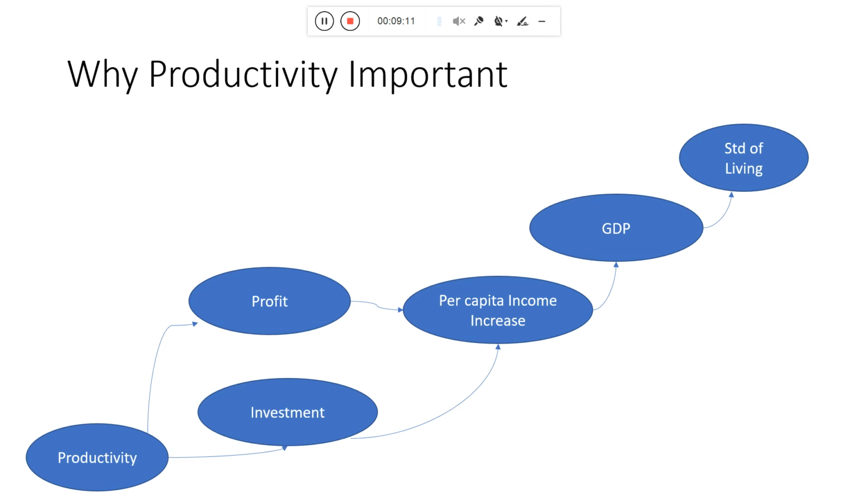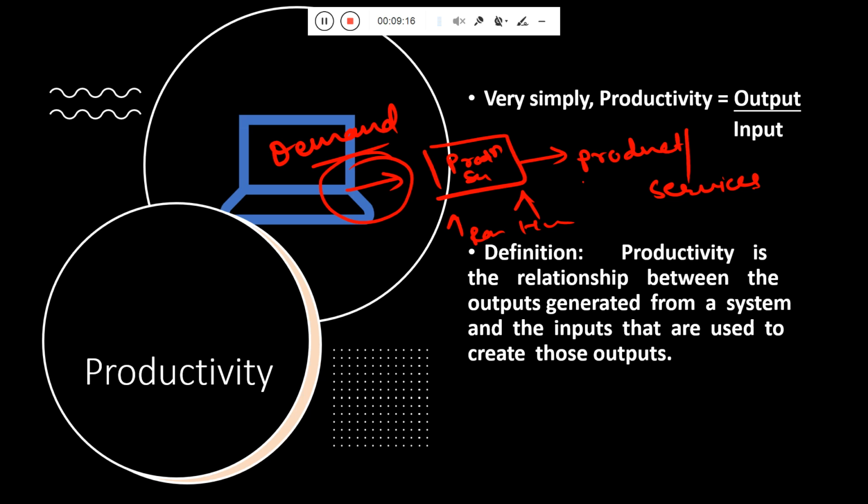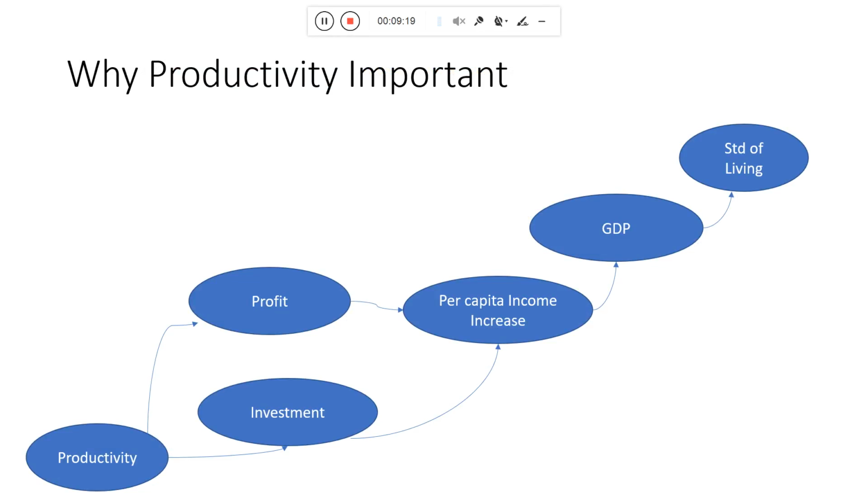Now, why is it important? Many people may say that if I improve the productivity of any plant, they will reduce the number of workers and fire workers. Some people say it generates threats and job security issues for the workers. People say that type of thing, but what I want to share is this: